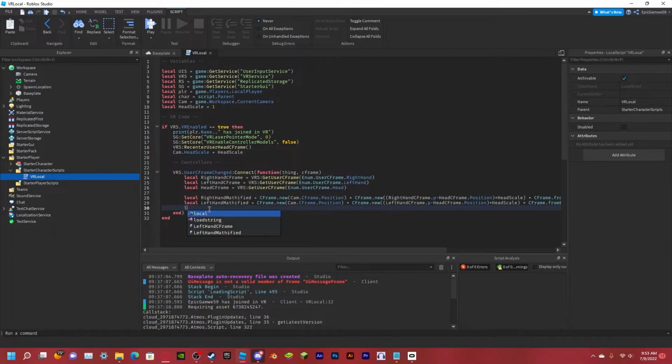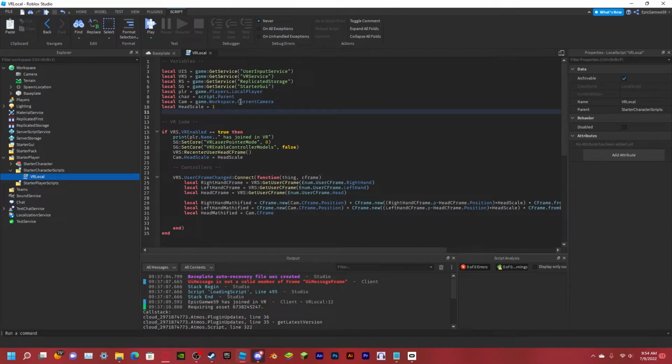So here it is. Local headMathified equals camera.CFrame. That's it. Okay, so yeah, now what you're gonna want to do is add code. Hold on. We're gonna add something up here. We're gonna do local